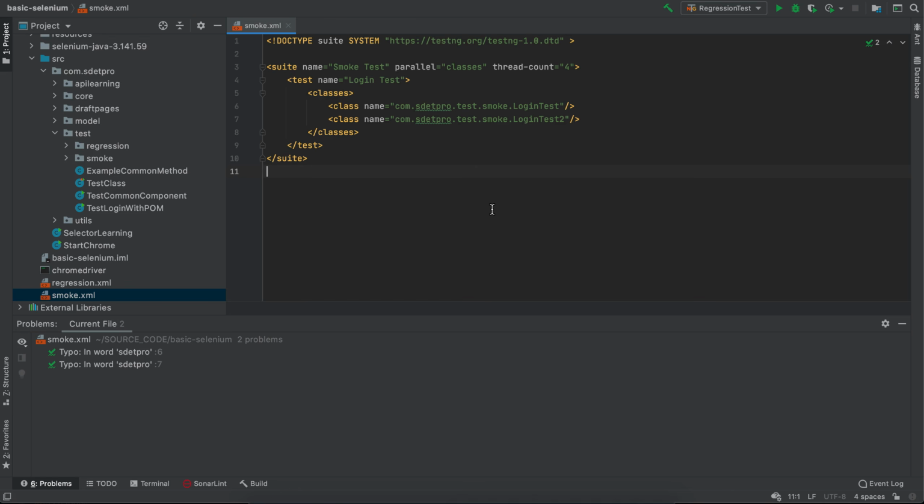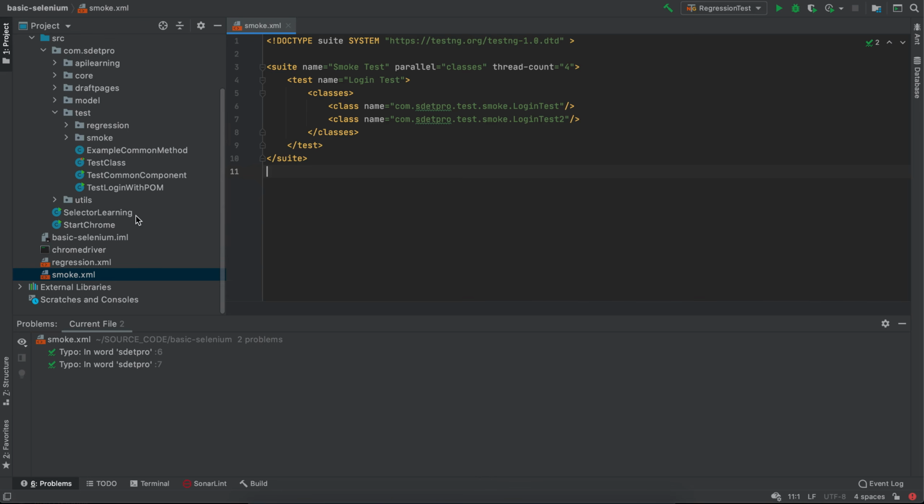So in this lesson, I want to show you one more way to group your tests. We already created two packages for regression test and smoke test here, and we have two separate test suites for regression test and smoke test. But